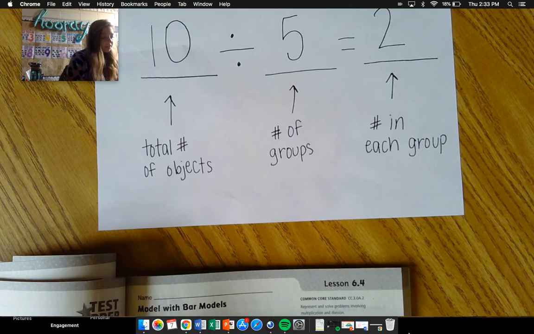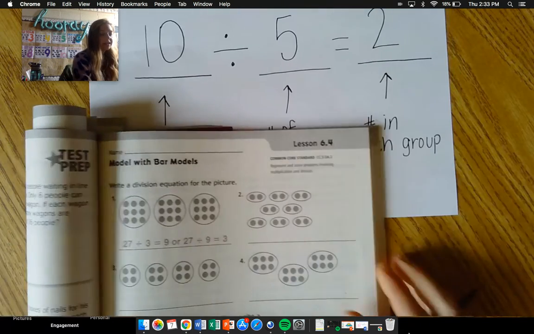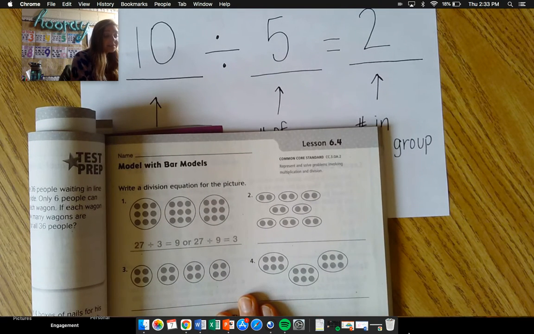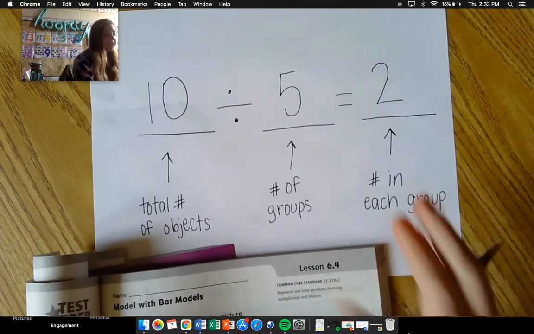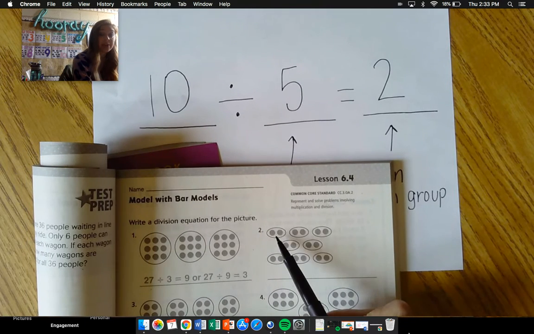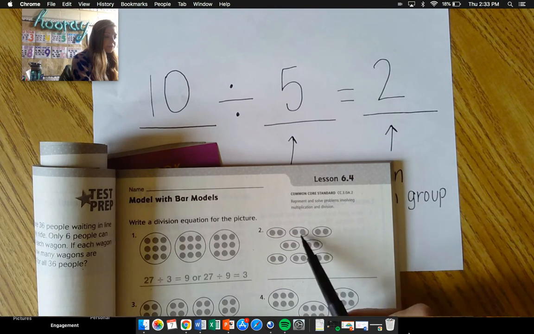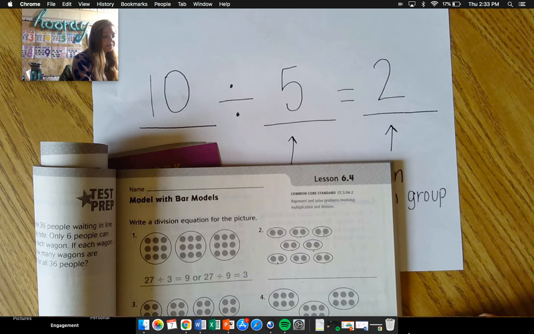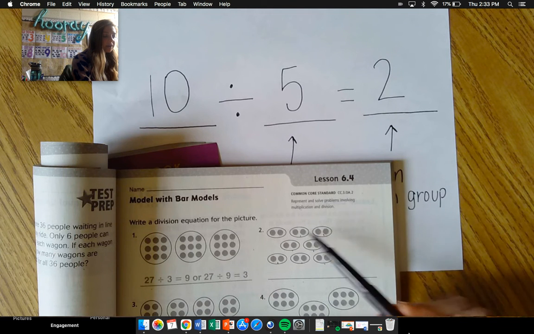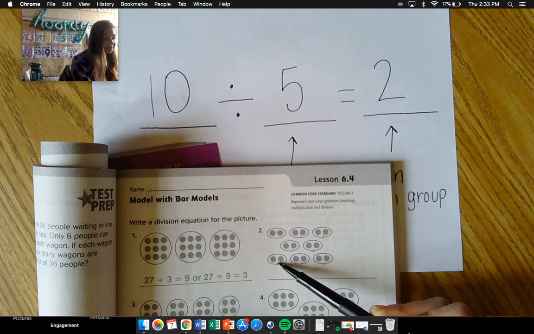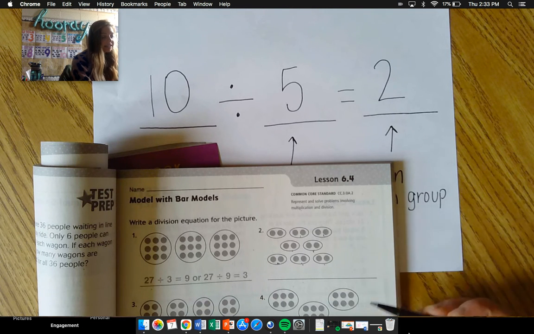All right, so on number 2, probably the easiest thing to do first would be to count the number of objects, because that is our first number in a division problem. Count the total number of objects. I'm going to count by 2's. 2, 4, 6, 8, 10, 12, 14, 16. Let's count again. 2, 4, 6, 8, 10, 12, 14, 16. So we have 16